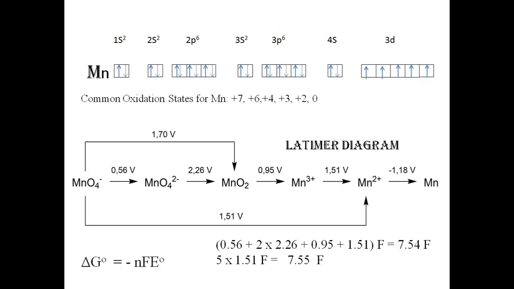Next, come to manganese. So manganese has 7 valence electrons, and we find manganese in plus 7, plus 6, plus 4, plus 3, plus 2 and 0. These many oxidation states are available. Now